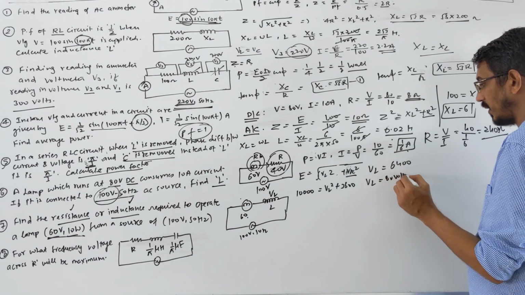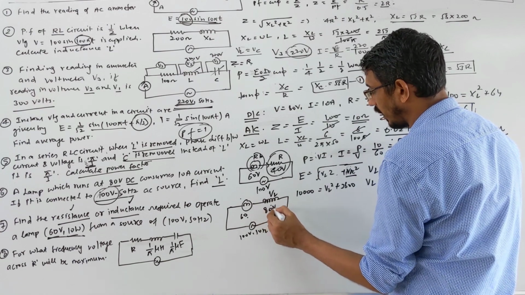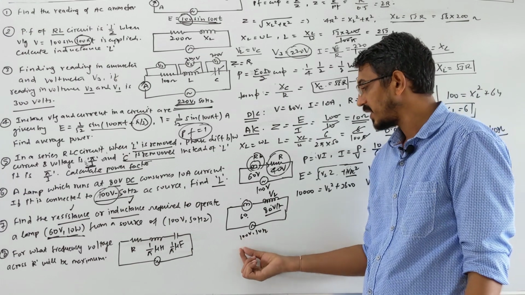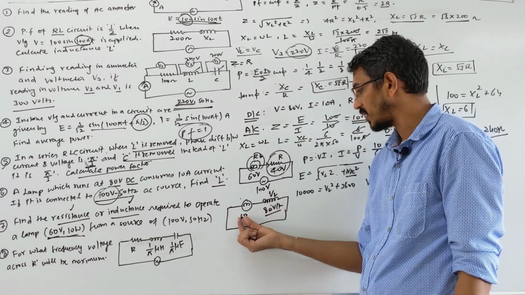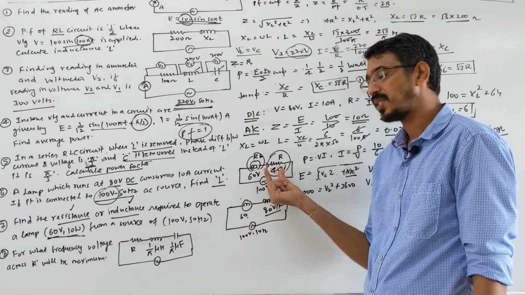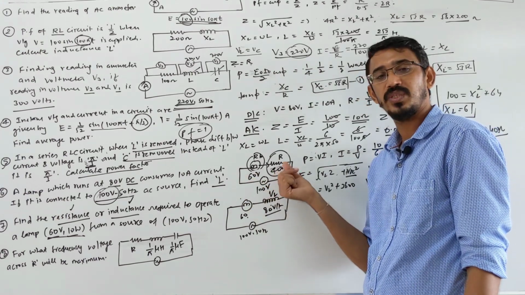80 volts. So listen here, 80 volt is the voltage drop across what, your inductor. Very important. Out of 100 we are supplying, 60 volt is going here, so how much is going here? 80 volt. You cannot add them directly like 60 plus 40, because there is a phase difference between current and voltage here. Here both are resistances, no phase difference, so of 100 volt, 60 volt goes to the bulb, so 40 volt goes to this resistance.